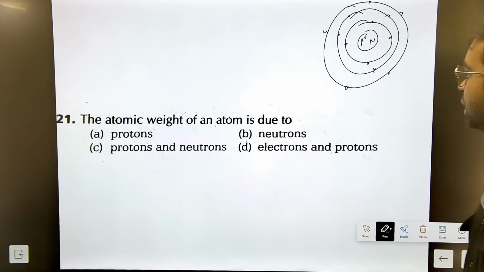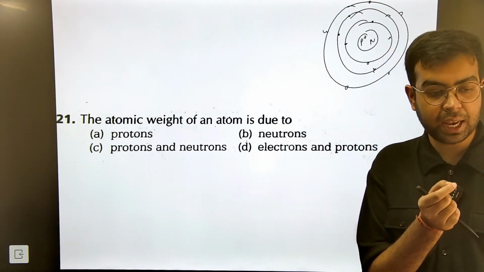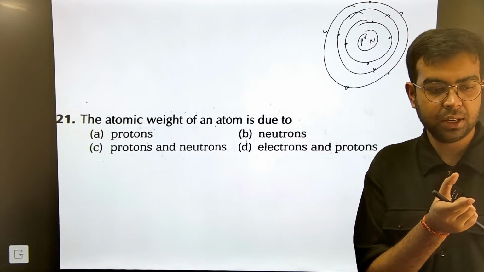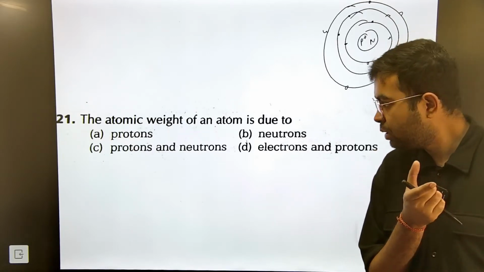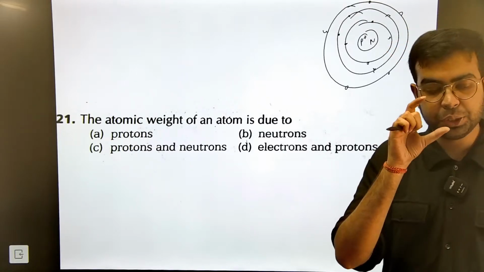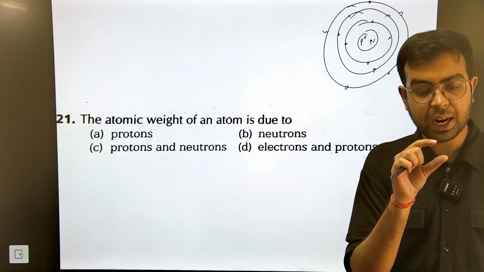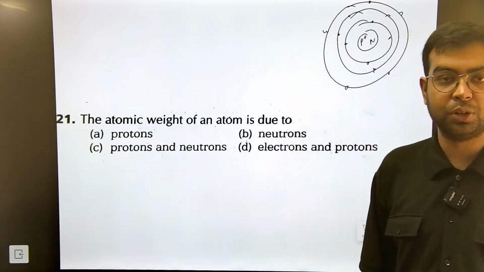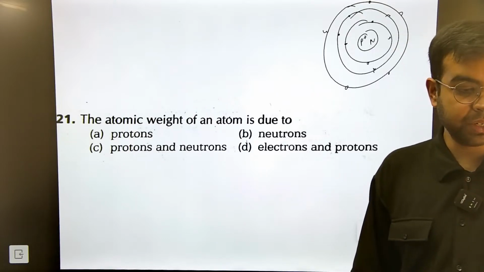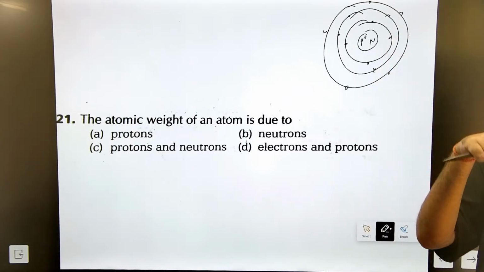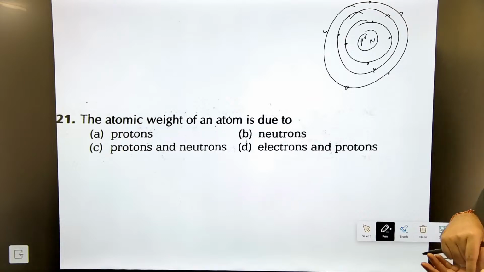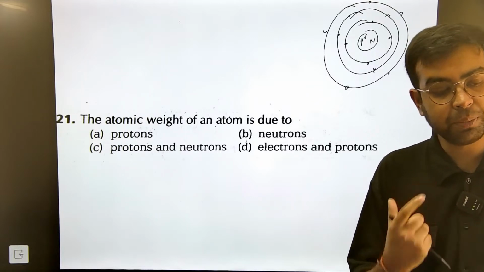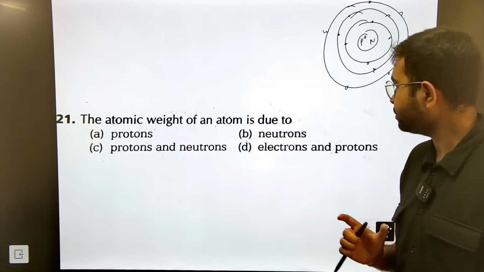Okay? Now see, electrons are very small in size. Their contribution to the weight of the atom is almost negligible. ठीक है? ना के बराबर, ये लोग इतने छोटे हैं. But the center of an atom, the nucleus, is comparatively larger in size than all these electrons combined, because electrons, देखो, are scattered in different directions and they are very small. So कोई contribution नहीं हो रहा है इनके weight का. But the nucleus is a concentrated mass in between the atom. Atom के बीच में, ठीक है? So the nucleus is the only thing which is contributing to the mass or weight of the atom. ठीक है?